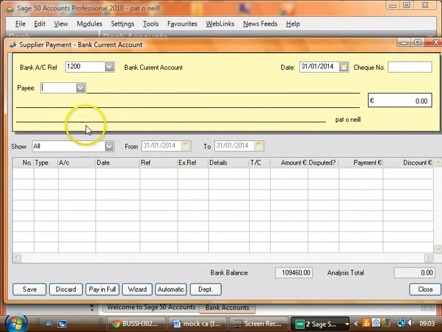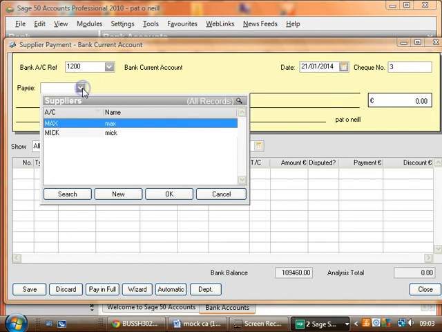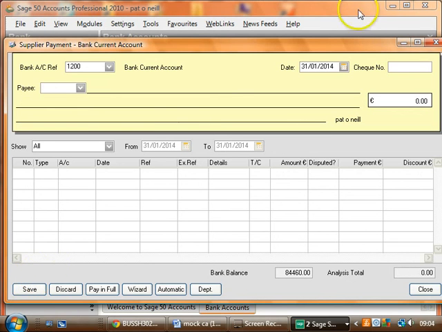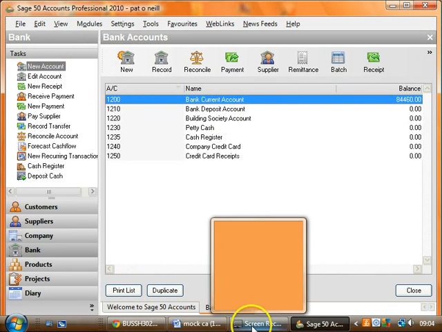So suppliers, we made a payment, check number 3, to a supplier, so enter check number 3. What was the date of the check? The date of the check was the 21st of January. Who did we pay? Who was the payee? The payee was Max. Okay, select Max. Max's transactions that we might have owed him come up. We paid him 25,000 of his opening balance, so 25,000 entered here. Click somewhere else. And 25,000 appears in the check. The check number seems to have gone. Let's put it back in. And let's go save. And we have now entered the